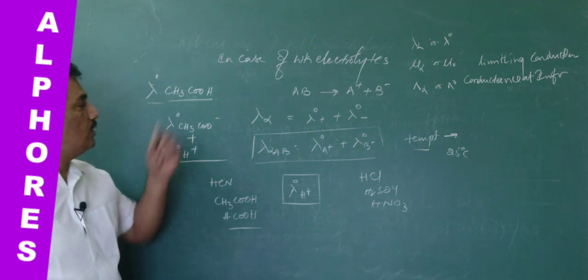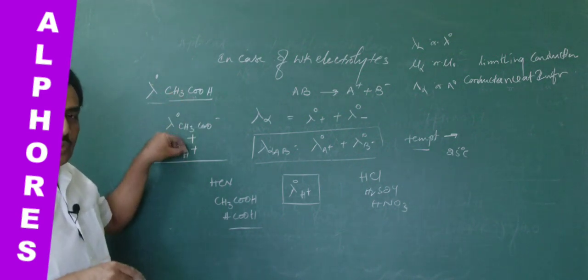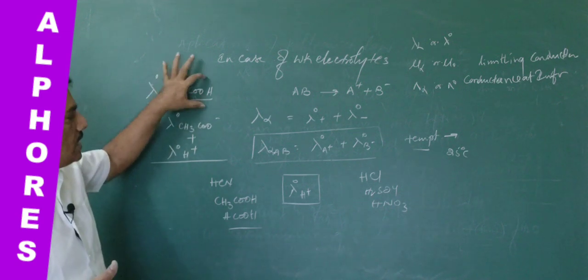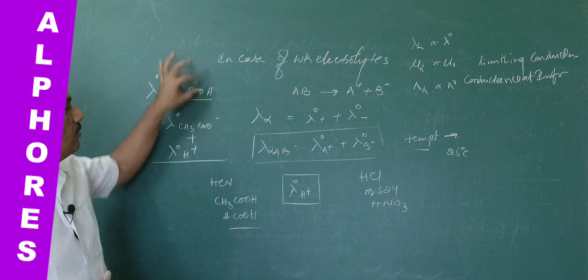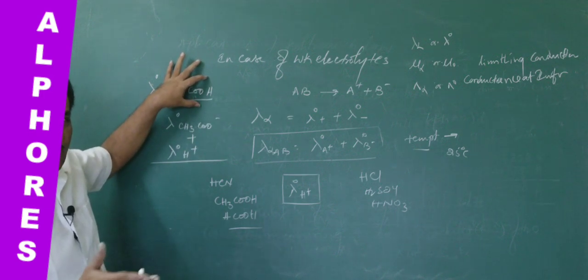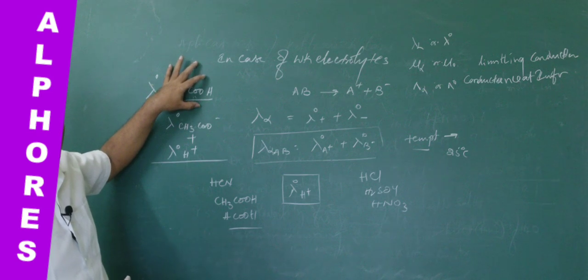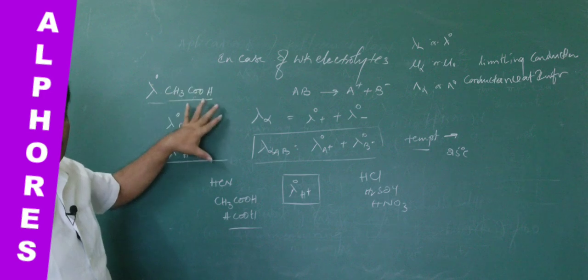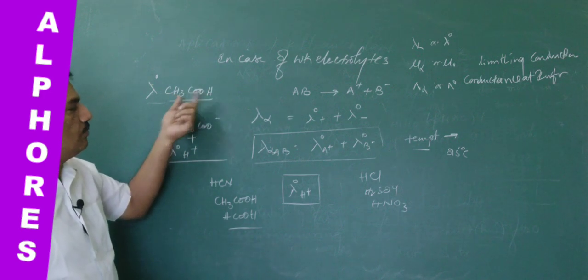Clear? Here we are saying that it is the sum of these two for a weak electrolyte, but actually Kohlrausch law considered that for any electrolyte the sum is equal to the conductance of the electrolyte. So he is not using words like weak or strong. For our purpose, to understand the concept, we are using that. Clear? When it is weak, we can't find it directly.